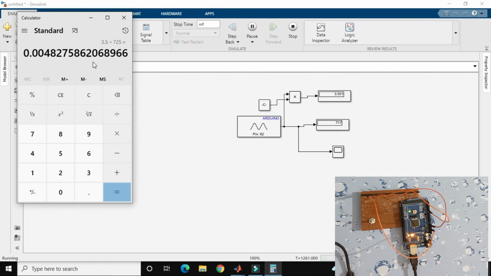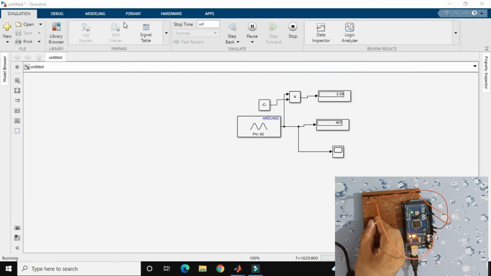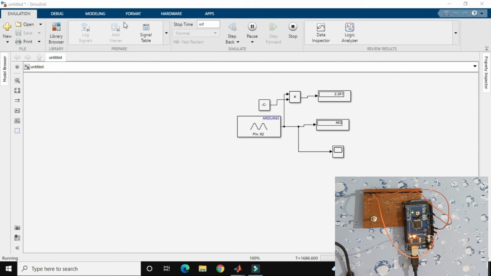So this is how you can acquire an analog signal, or interface a potentiometer with the Arduino Mega with the help of MATLAB software. This is how you can interface different sensors using Simulink of MATLAB. In the next part we will discuss how to grab the data using coding, since right now I am just using drag and drop blocks.